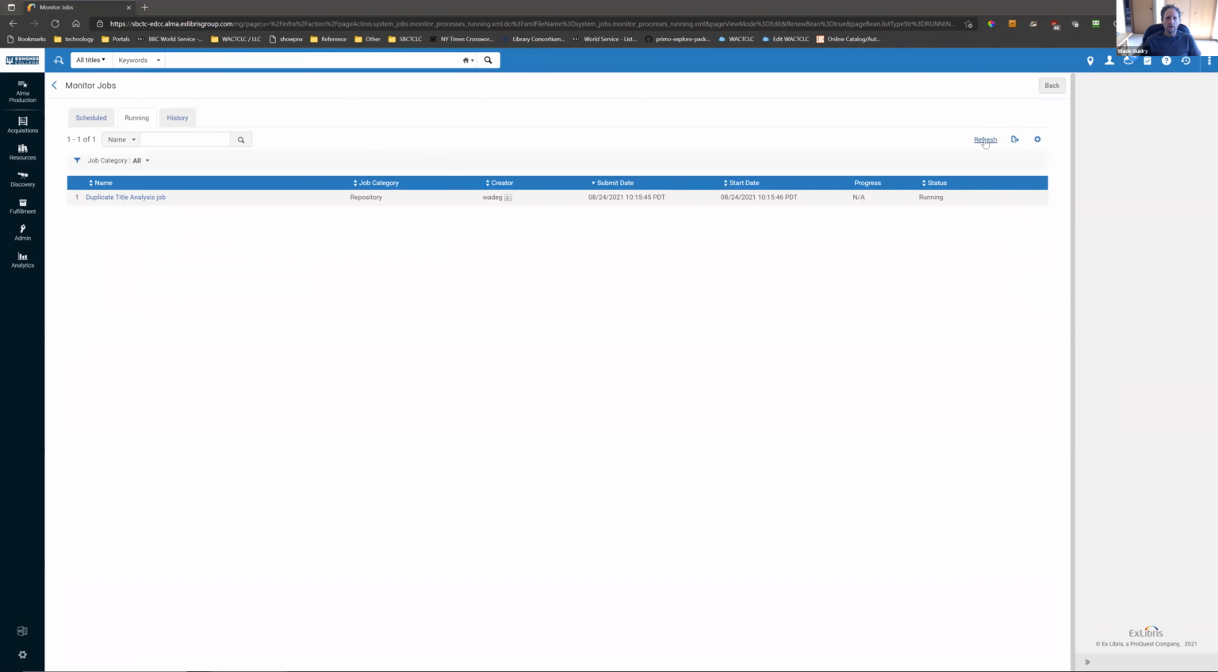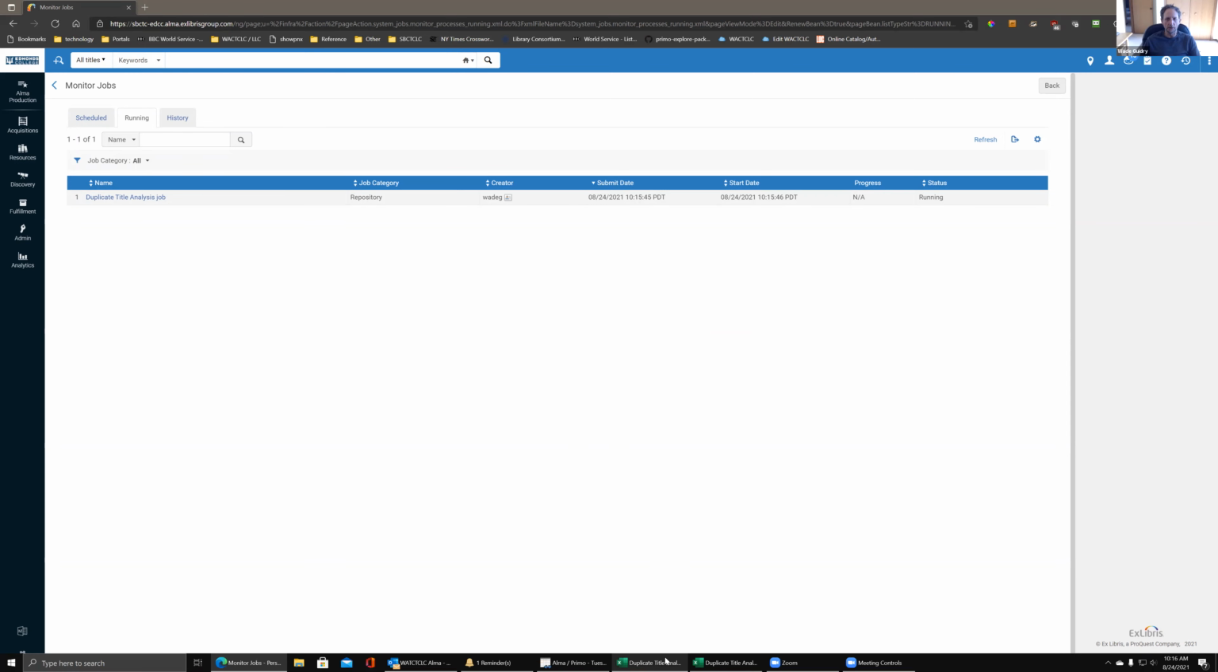So give that a sec to run. I just want to see how much difference this makes in what duplicates it finds. Running that report on the different options might find slightly different duplicates, because some